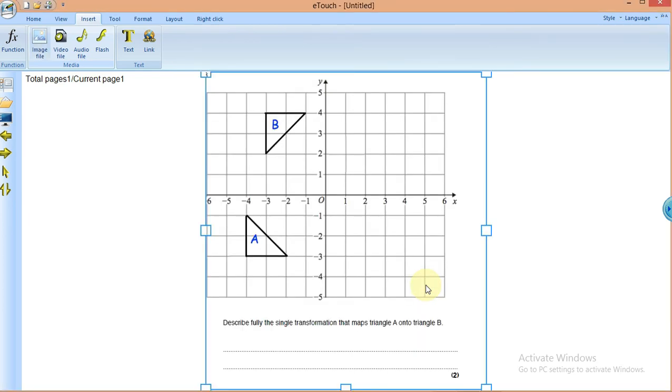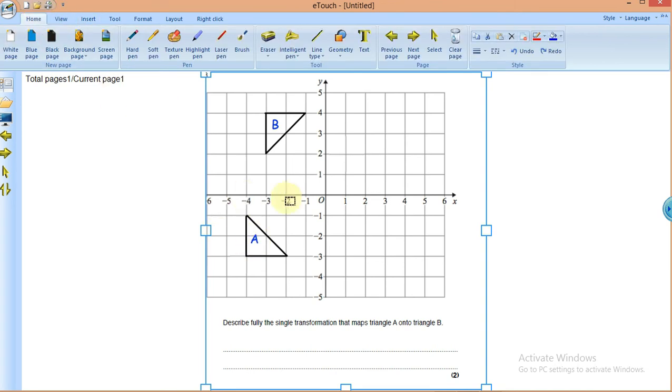Okay, so now let's go ahead and describe this. Describe fully the single transformation that maps A onto B. So guys, to describe the transformation, if you look at this transformation,